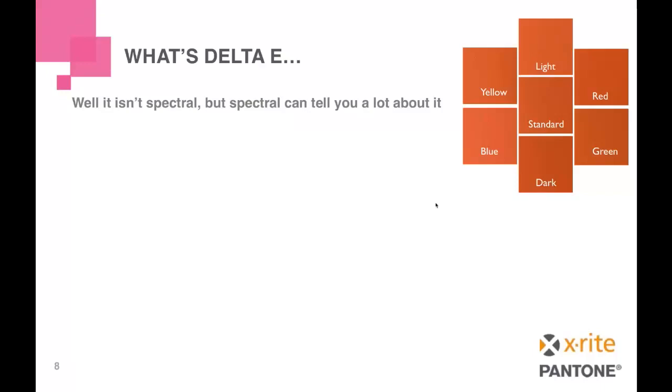When we talk about metrics like delta E, we've reduced ourselves back down to colorimetry, which means that we're talking about it under a particular color of light, and something we really haven't addressed and probably don't want to address in this seminar, but in a particular observer. So in print, we use a very narrow view, but in some cases, particularly as we expand the kind of directions that we're taking print, most of the rest of the world uses a 10-degree observer,